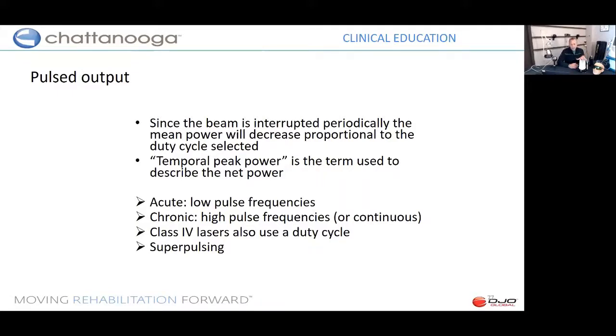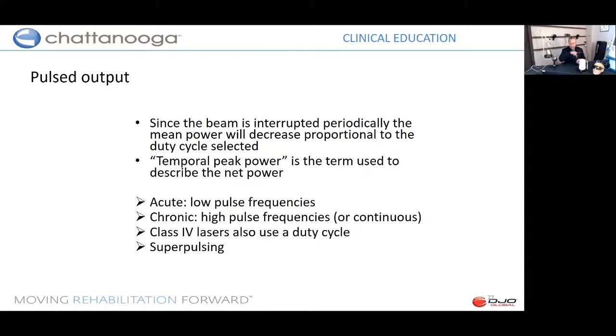Pulsing. If we think about it in terms of similar to ultrasound, we think that pulsing reduces the overall energy. So that's potentially a good thing because we don't have to use as much energy. It might actually be inhibitory during the acute stages. But if we can